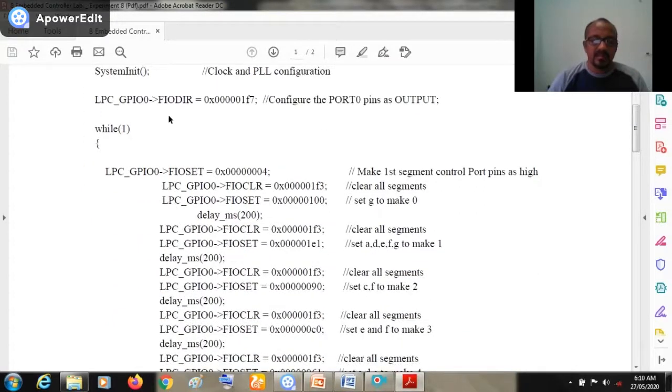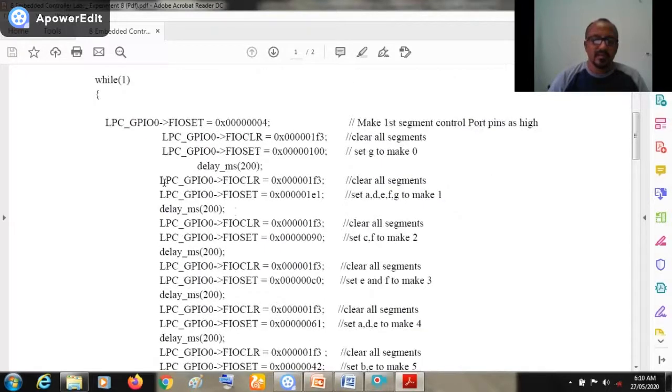Then we set the direction register as explained in the previous slide, and then this LPC GPIO clear register is set to clear all the bits to which we want to pass the new value, and then we have to set the value.